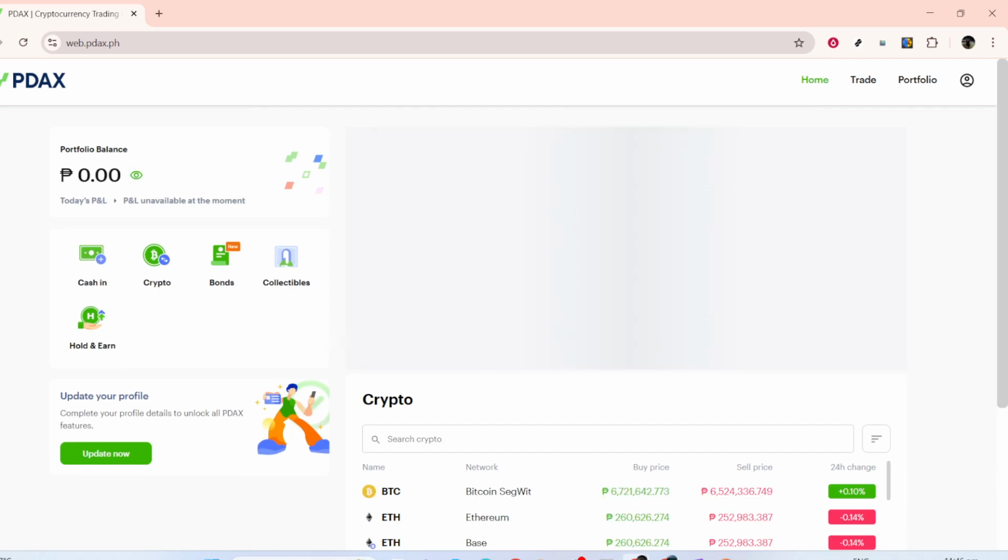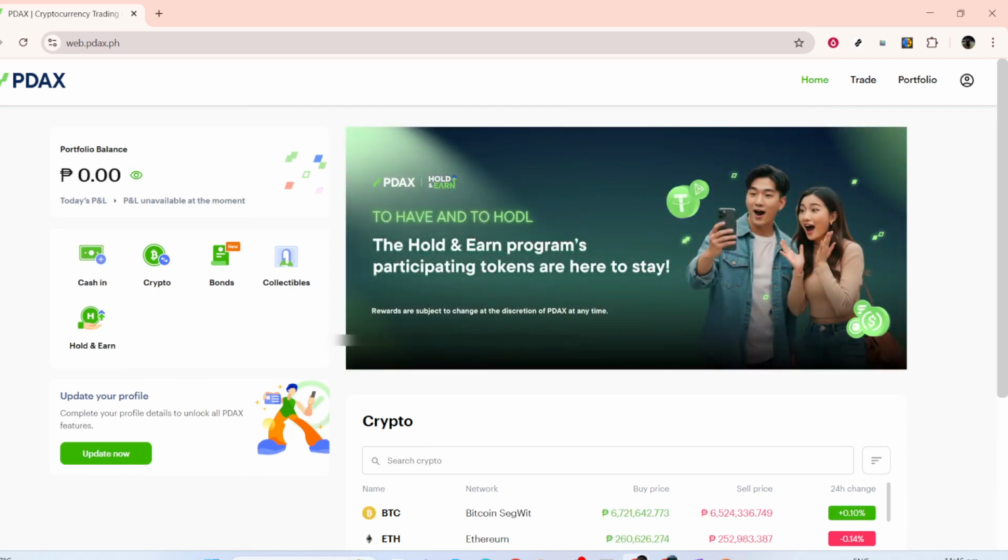https://web.pdax.ph. Once you're on the home page, you'll need to log in using your credentials. If you haven't logged in before, you might have to go through additional security verification steps, like two-factor authentication, to ensure your account remains secure. Make sure you keep your login information handy, and always double-check you've entered everything correctly to avoid any login complications